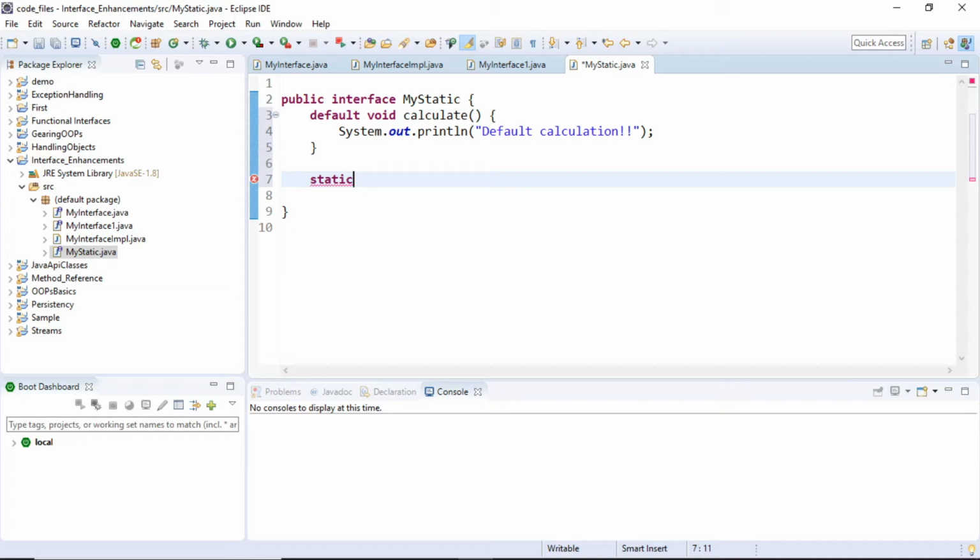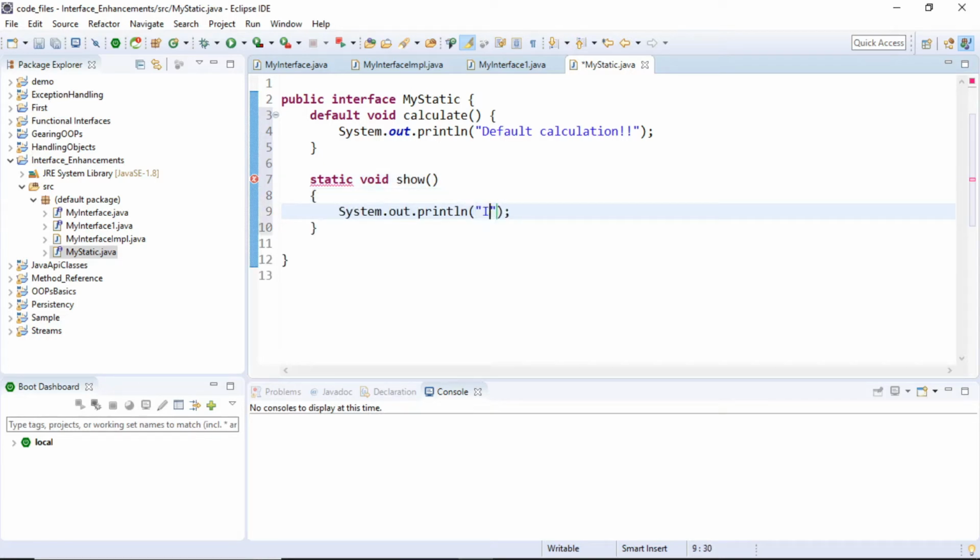So this is really going to be helpful, because I might need some implementation in my interface which can be commonly shared by all my subclasses or implementation classes without having a chance to implement it according to their scenario. So I'm going to have static void show, and let's say System.out.println in static show method.